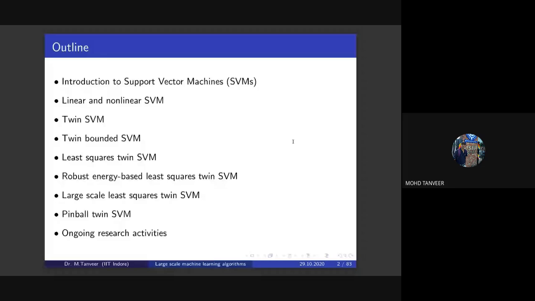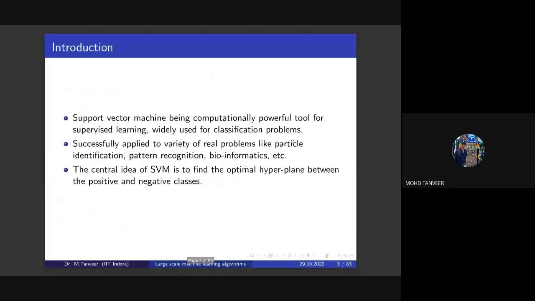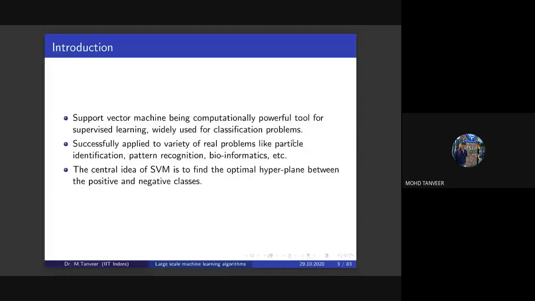Support vector machine is a computationally powerful tool for supervised learning, widely used for classification problems, introduced in 1995 by Vapnik and others, and also for regression problems. It has several applications. I mentioned a few: particle identification, pattern recognition, bioinformatics, but nowadays in all directions like prediction, disease diagnosis,